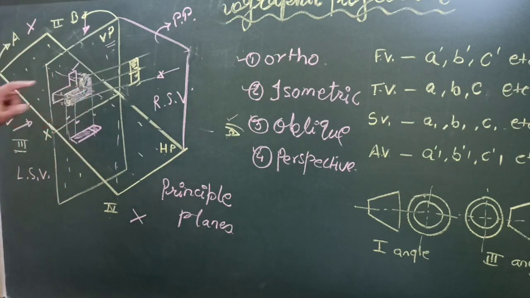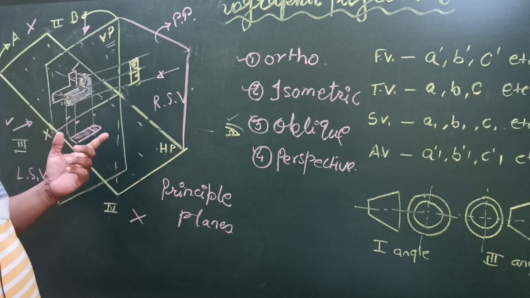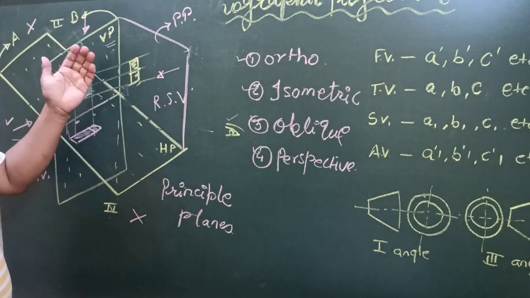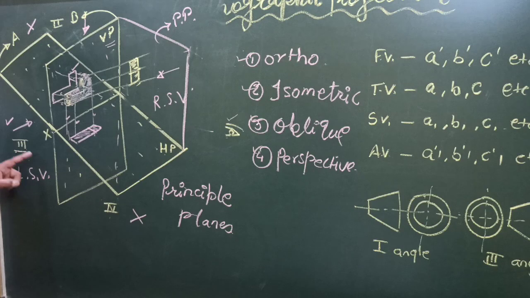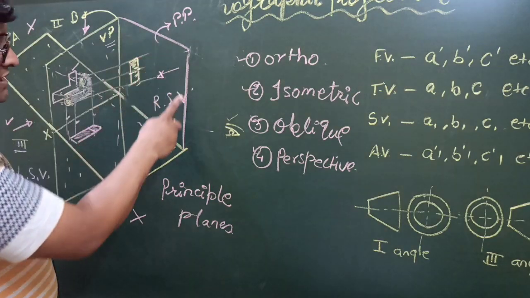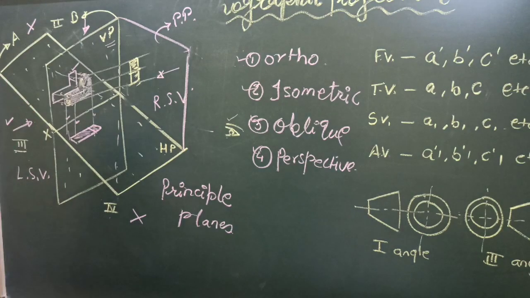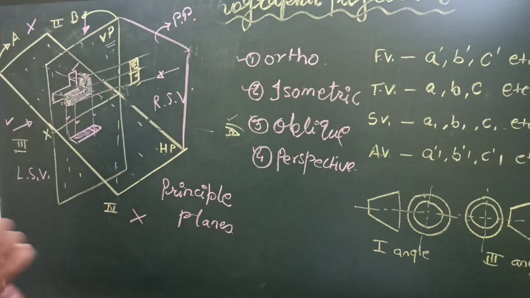Now as far as first angle and third angle are concerned, there are some differences between them. First difference: the object is above HP and in front of VP in case of first angle, while in case of third angle the object is behind VP and below HP, right? Second thing, in case of first angle projection we assume these planes to be non-transparent, while in case of third angle projection we assume these planes as transparent ones because we have to backtrack the diagram.